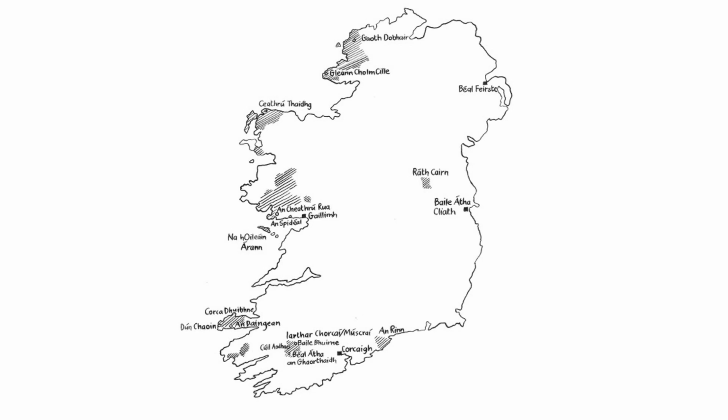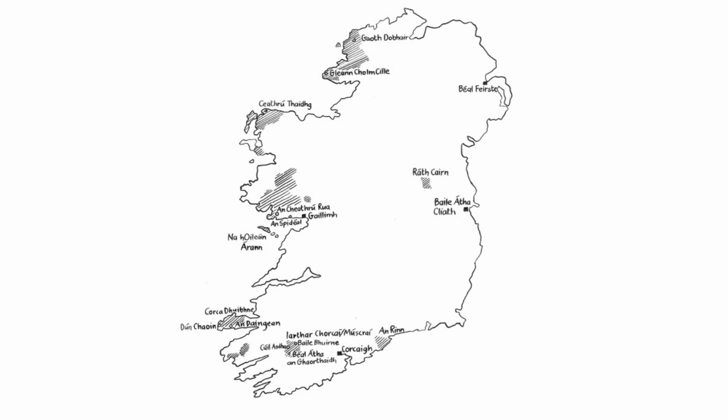Heading further south, we have Ceann Trá, Dún Chaoin and Daingean, so Dingle, Dunquin, the Kerry Gaeltacht area, and to the east of that we have the Cork area, where we have